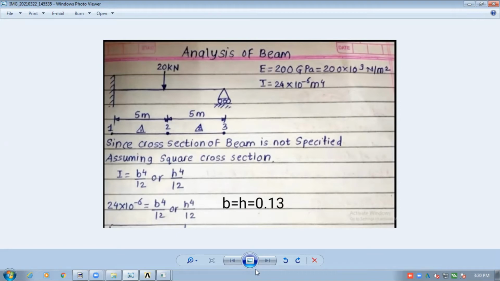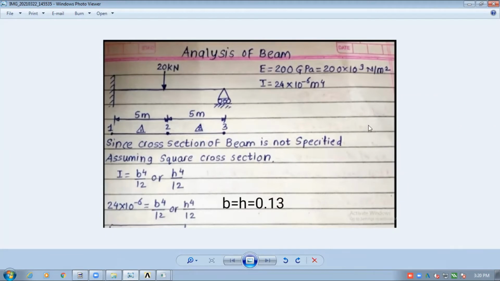If it is a rectangular cross section, but here B is not given and H is not given. If B is given, you can calculate H, or if H is given, you can calculate B.